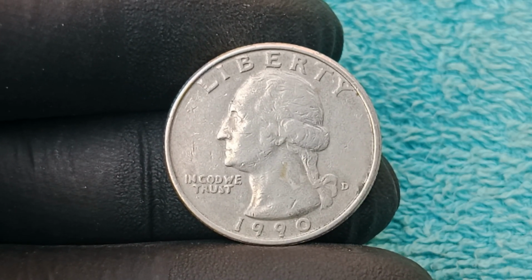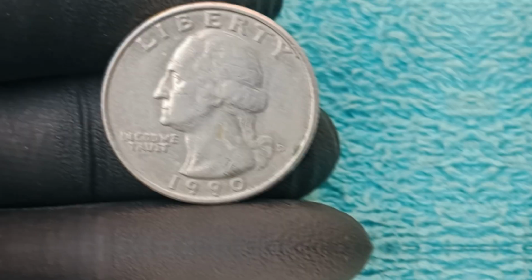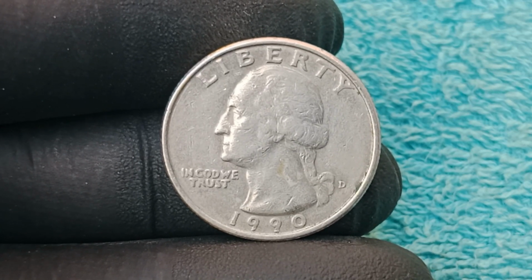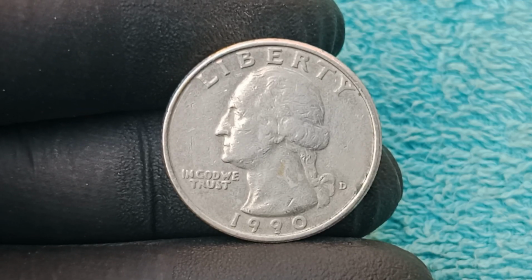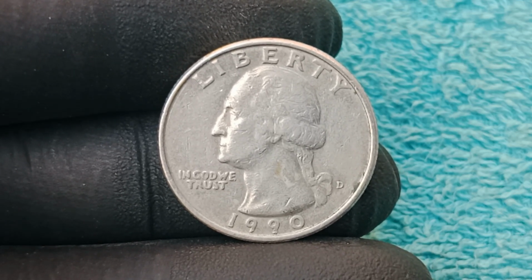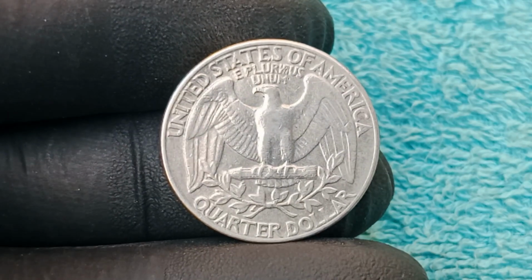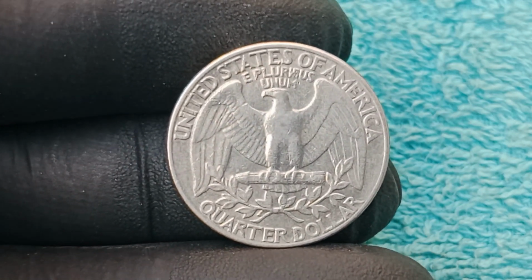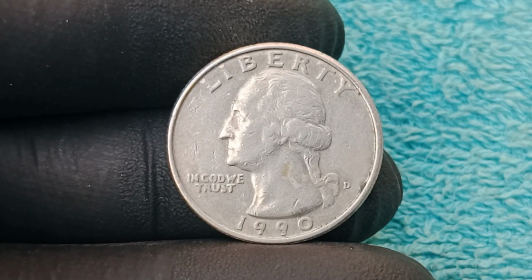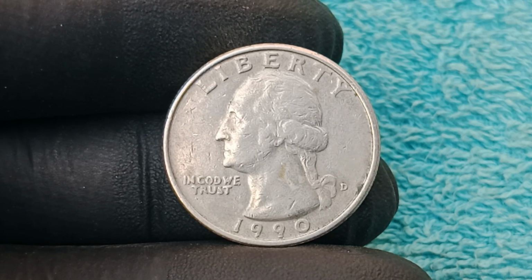The 1990 D-Quarter, minted at the Denver Mint, rolled off production lines during a period marked by rapid coin output, aging machinery, and transitional adjustments within minting procedures, and those conditions created the perfect environment for rare and remarkable errors to occur. While millions of standard 1990 D-Quarters exist in circulation, only a microscopic fraction display the combination of anomalies that pushed this particular specimen to a $50 million valuation,